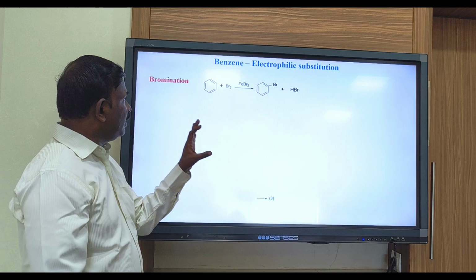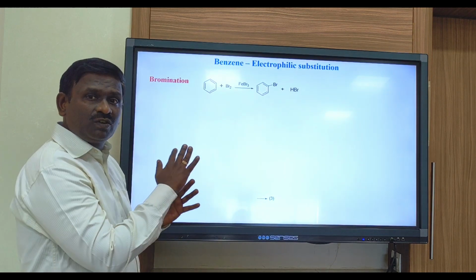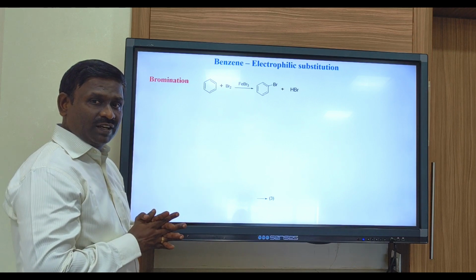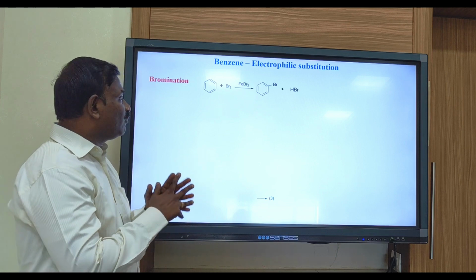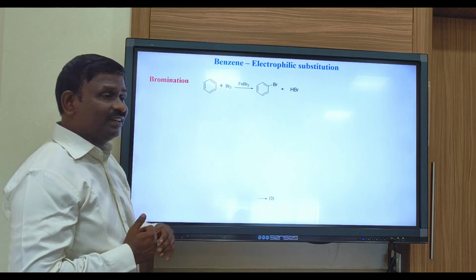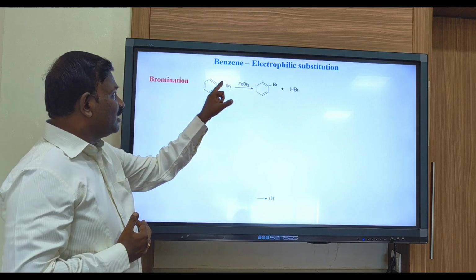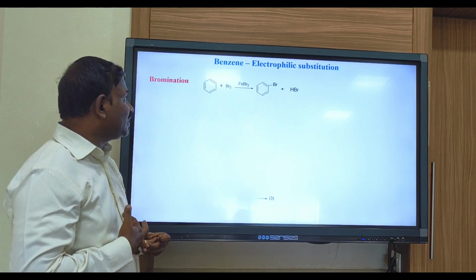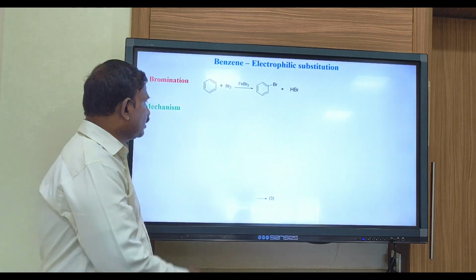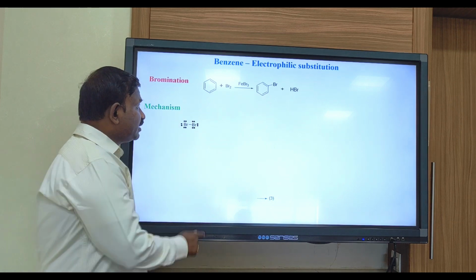The bromination occurs in similar steps to that of another electrophilic substitution reaction. In any electrophilic substitution reaction, the first step is the formation of an electrophile. The FeBr3 which we use, the Lewis acid catalyst, is a catalyst which catalyzes the process. If you look into the mechanism, the bromine has a lone pair of electrons, it reacts